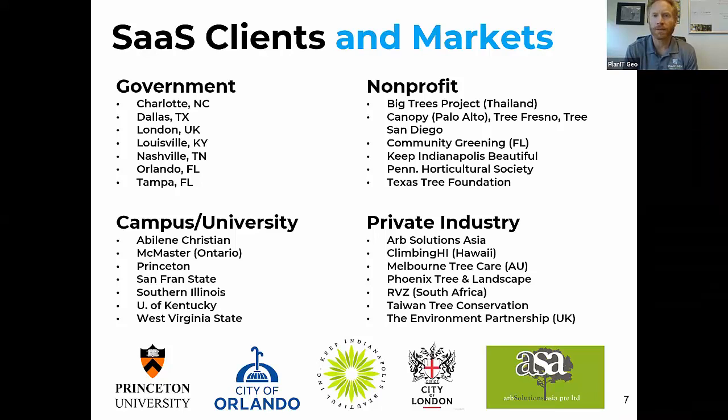Just a quick look at some of the clients and markets. TreePlotter Inventory, which is our flagship product, has been used by close to 300 clients roughly around the world. As you see, government, nonprofit, university campuses, as well as private industry, whether that's tree care or consultants and such. So it's a really diverse user base because the platform itself is essentially a mobile GIS for data collection, data management, reports, and what I'm going to tell the story of is how we've transitioned into parks,